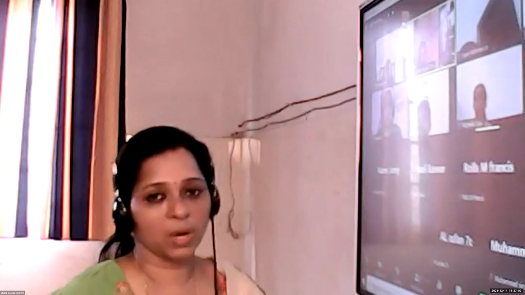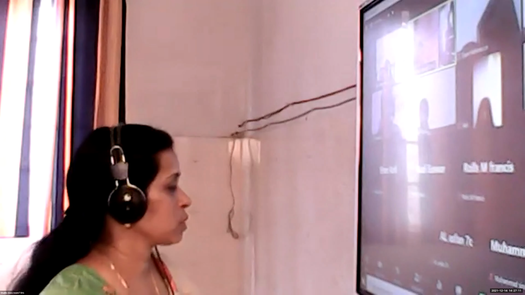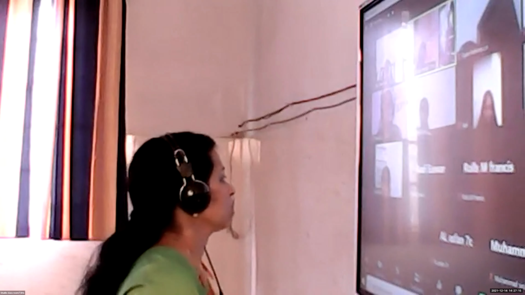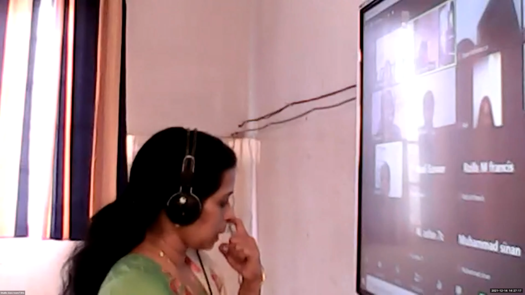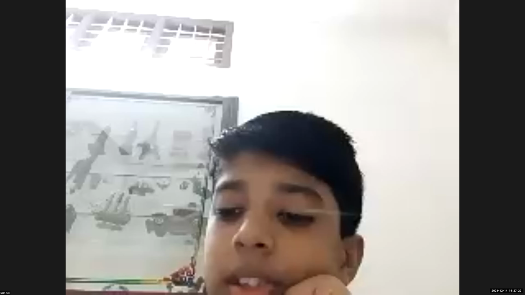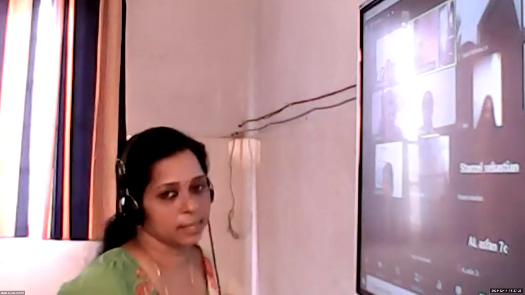When I'm asking the formula, don't say the derivation of that and all. It is L plus L plus L, all sides are L, isn't it? All the sides are the same measurement. So 4 into one side, isn't it? Okay. Next, Michelle, what is the area of a rectangle? Length into breadth. And what is the area of a square? Side into side. So these formulas we have revised, and we are doing the problems based on that.